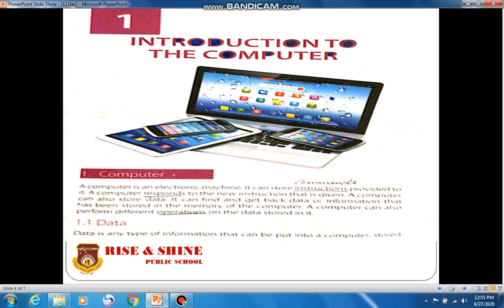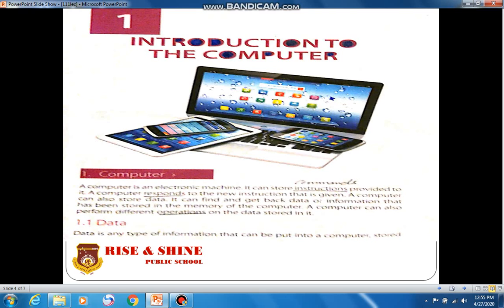A computer is an electronic machine. Here we are using the word machine. Anything which makes our work easier is called a machine. So computer is an electronic machine that receives the data as an input, processes it and produces the result as an output. In the notes given to you, there is a flow chart. In the flow chart, we can see usually a user provides the input or data to the computer. Computer processes that data and produces the result as an output, and that output is usually called information.